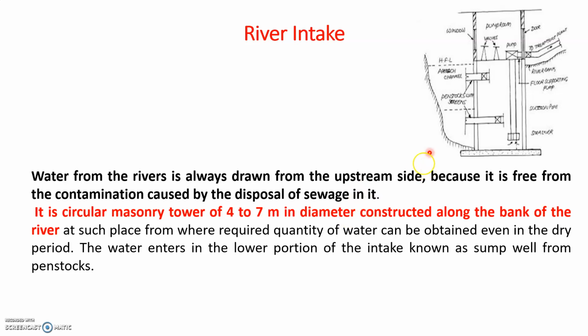And you can see in this intake structure, these are nothing but penstocks. This is a well, it is called a sump well, or in some cases a jack well itself. Okay, it's a single type of intake structure. You have penstocks, you have valves, you have pumps. The valves regulate the flow into the intake structure, and the pump pumps out the water from this jack well. Okay, so this is a jack well over here.